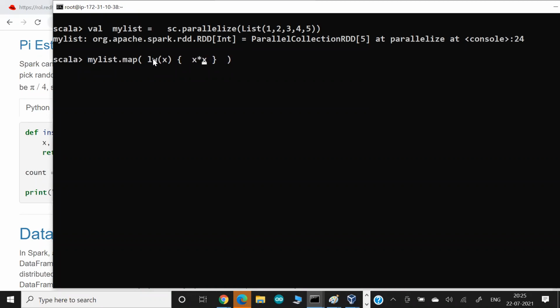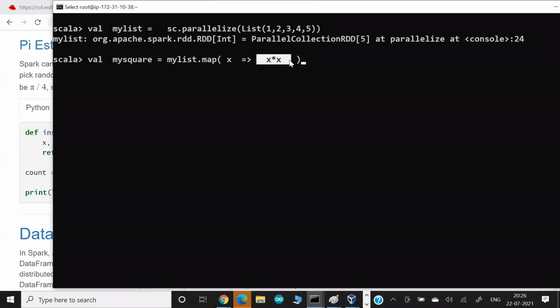Here we don't have to give a function name, so this function is known as an anonymous function. If you don't use curly braces, we can use this syntax. So what happened? My first data in this variable goes to map, it is stored in X, they do some operation on X, and they give the result back in a variable. Let's say my variable is called my square variable. That's what I want.